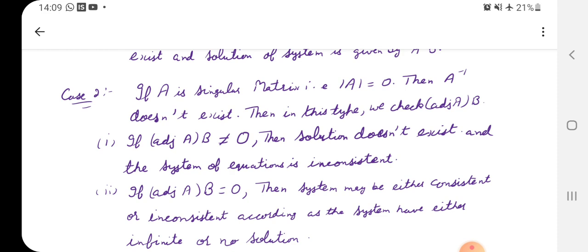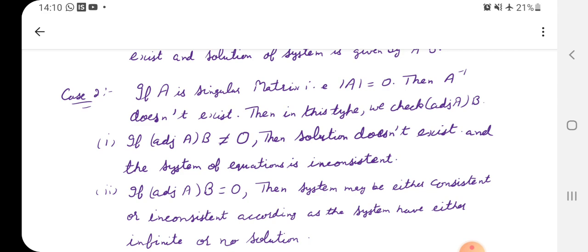But if A inverse does not exist, that means A is a singular matrix. Then what will we do? Case 2: if A is a singular matrix, that is, the determinant of A is 0, then A inverse does not exist, as we all know. In this case we will check adj A times B. A inverse times B is actually adj A divided by determinant of A times B, but now that determinant is 0, which is creating the trouble. So just check adj A times B. Now if adj A times B is not equal to O, that is, the zero matrix,